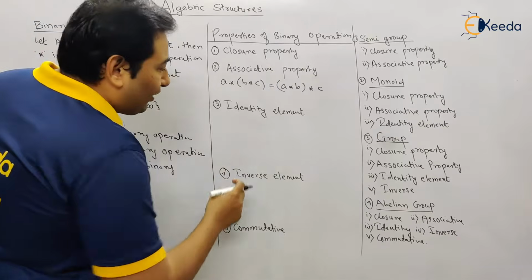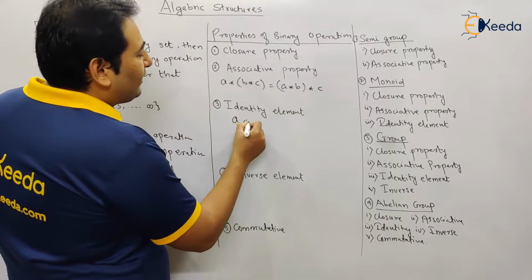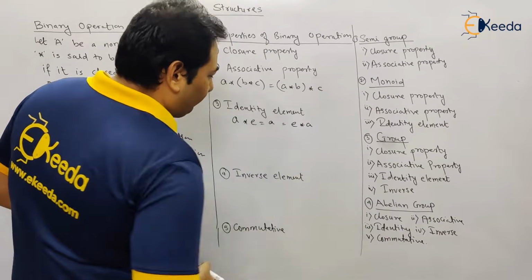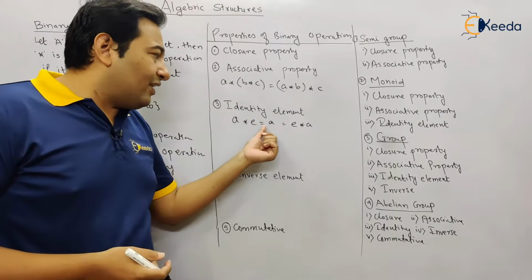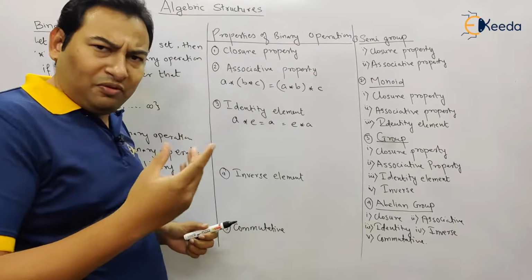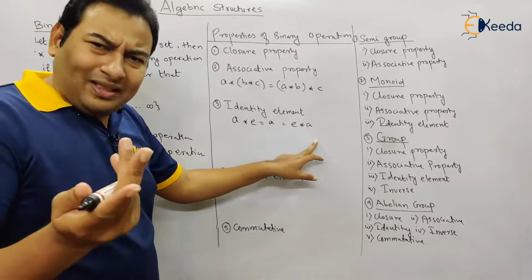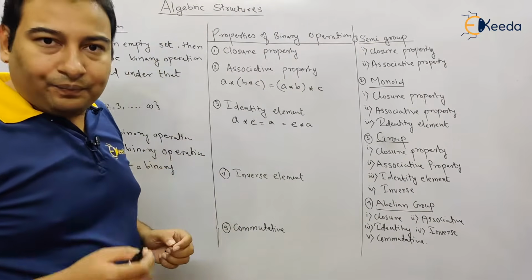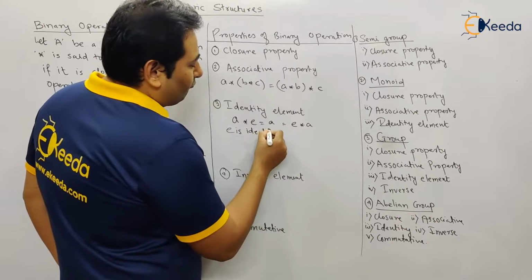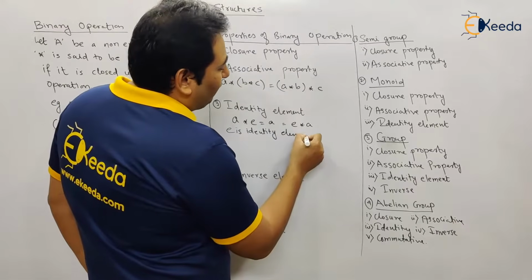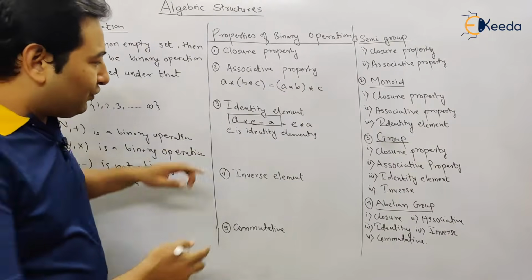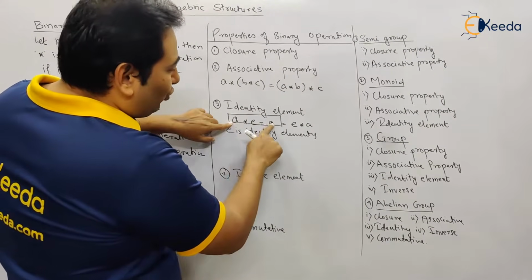Next, identity element, very important property, and the property says A star E is equal to A, or simply say E star A. In short, A star E or E star A doesn't matter. Just concentrate here on this particular term so that this will be very clear. A star E is equal to A. If this is the case, E is identity element. If this definition is satisfied, then E is your identity element. So what is the definition? See, you should get the same term.